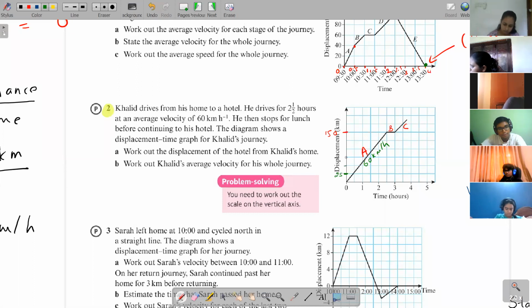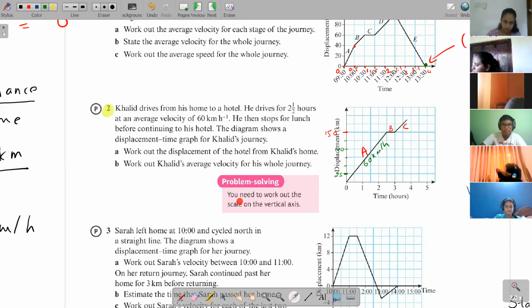25, 50, 75, 100, 125, 150. That's how it goes. Each and every box is 25 with that. Not 2.5. Teacher, I get 2.5 in the case. 150 divided by 60. See, 150 divided by 6, because there are 6 boxes, not 60 boxes. You find the value of one box. So one box is 25.